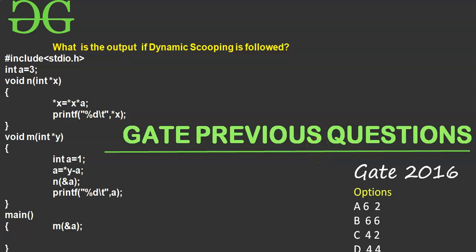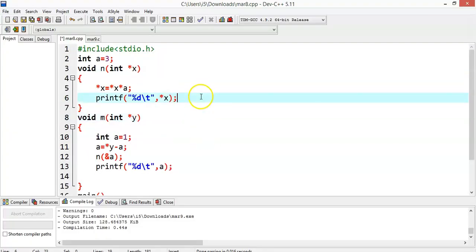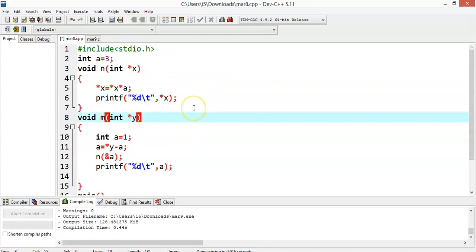Hello friends, in this presentation we'll pick one more GATE question and the concept is related to dynamic scoping. The other concepts involved in this question are pointers and functions as well. Okay, so this is a question. Actually what they have particularly mentioned is: what is the output of this particular code if dynamic scoping is